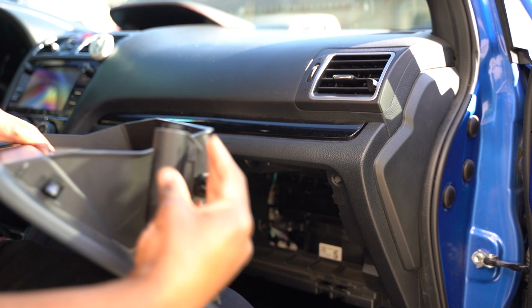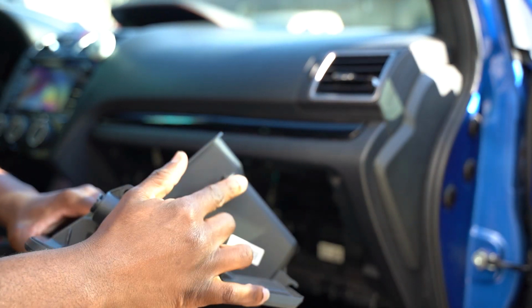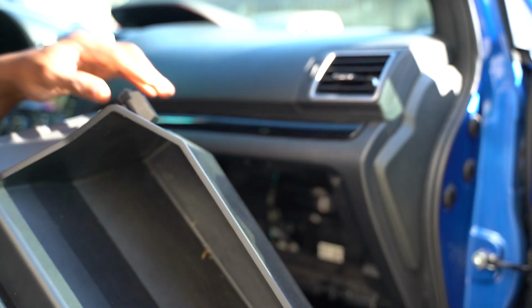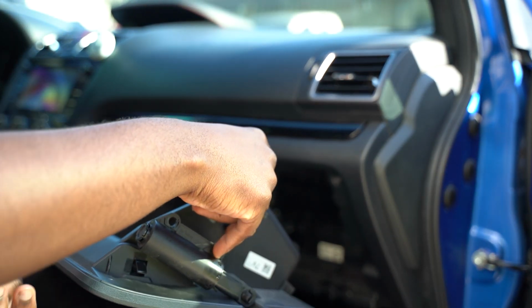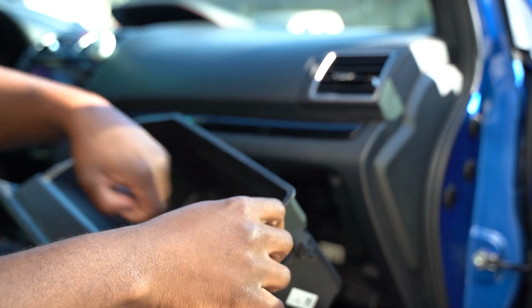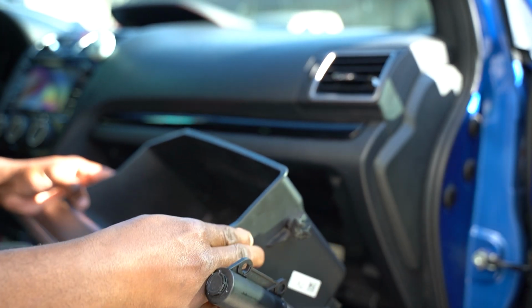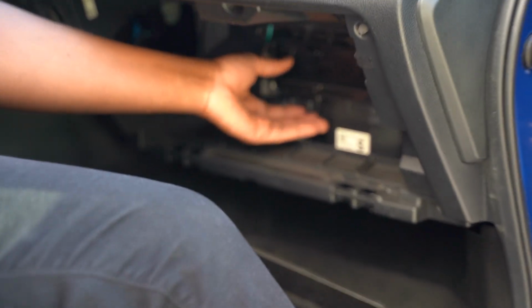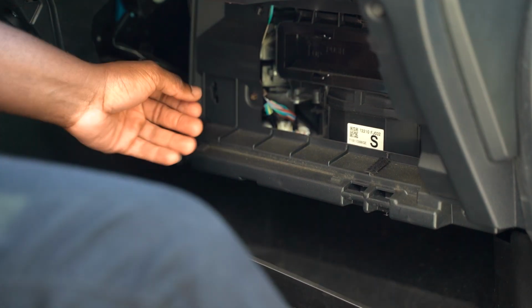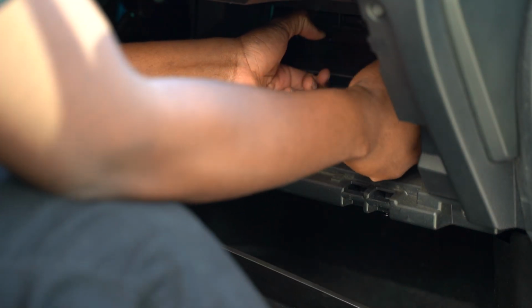Alright, so to pop this out, obviously I popped the wrong thing out, so that came out. But it has two tabs, one tab, and there's a second tab around over here, okay? So all you have to do, this is trash. All you have to do is push it in, push it in, yank it out. This falls out, and the filter is literally right around this spot, okay? So the filter has two tabs too. You hold it and pull it out,